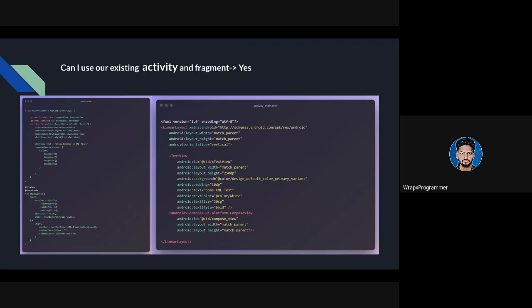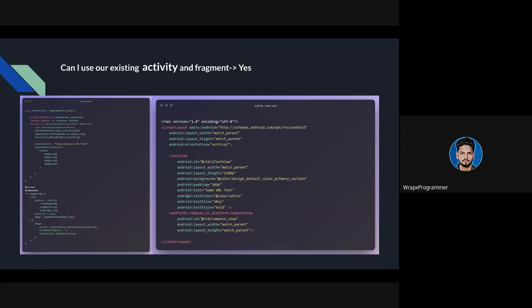तो कैन आई यूज एग्जिस्टिंग एक्टिविटी एंड फ्रेगमेंट? तो यस, यू कैन यूज योर एग्जिस्टिंग फ्रेगमेंट और एक्टिविटी। तो आपको क्या करना होता है, तो उसके लिए जैसे ऐप कॉम्पैक्ट एक्टिविटी इसके अंदर यूज हो रखा है, और उसके अंदर बेसिकली आपको कुछ नहीं करना है। बस आपको एक कंपोज व्यू का एक टैग का यूज करना है, यानी कि अपने यूआई के हायरार्की के अंदर बस आपको कंपोज़ व्यू ऐड कर देना है और उसके बाद आपको कुछ नहीं करना, बस फाइंड व्यू बाय आईडी कीजिए और उसके ऊपर सेट कंटेंट करके और देन यू कैन रेडी टू गो। आप कंपोज़ को इसके अंदर यूज़ कर सकते हो और रेंडर करवा सकते हो अपने कंपोज़ को यहाँ पे।